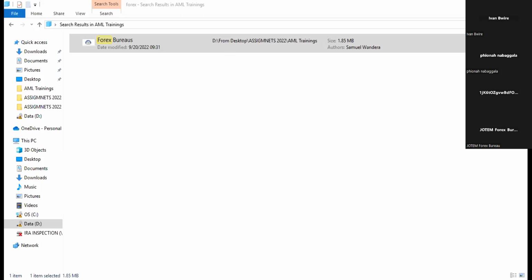So you'll note that the penalties are huge. They are deterrent in nature. Mainly, these are to deter you from committing the crime. I'm sure you're all thinking, these are huge amounts. Where can a Forex Bureau get all this amount? So the only option you're left with is to close, if you fail to pay these amounts, if it's an entity. So you see what you're exposing the Forex Bureau to.